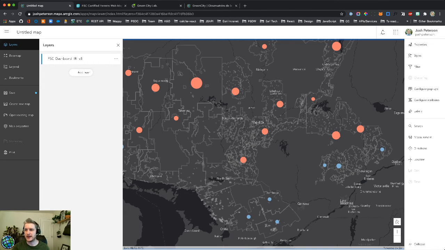We're still seeing the actual polygon features, the area features underneath the graduated symbols, right? So we're not losing the context of where the actual forest is on the earth. So if I click this forest, for example,